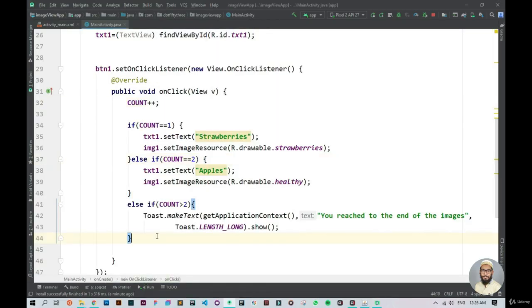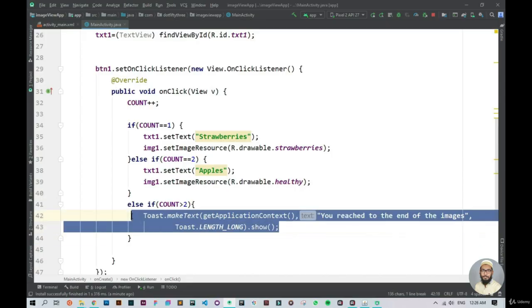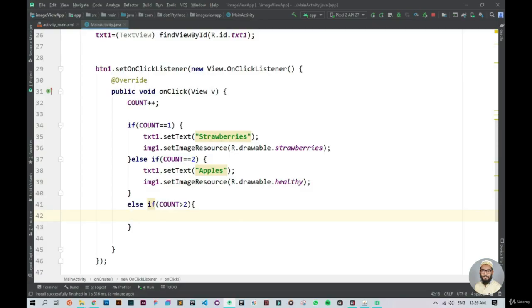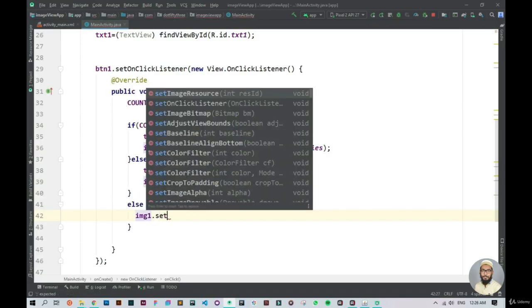Okay, so now we can specify the condition here that if the count is greater than 2, instead of this toast message, I can remove it. And now what I can do is set the visibility of the button and the image view to be gone. Okay. So I will write imageView1.setVisibility